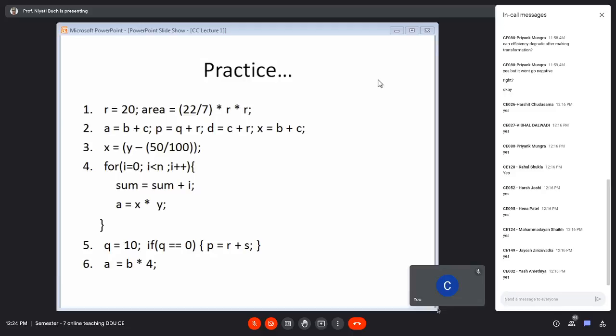Okay, another thing that I would like to advise, that for the sessions of compiler construction, keep a notebook or some rough sheets handy with you, with a pen or pencil, because you will require to work along with the content that is being delivered. Only then you will be able to understand things better, right?